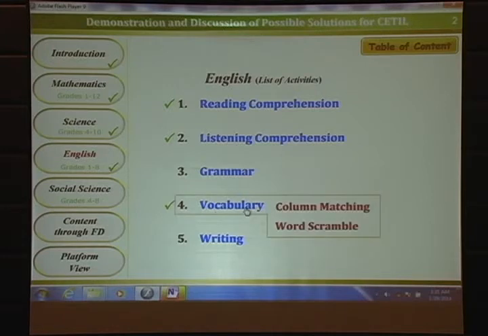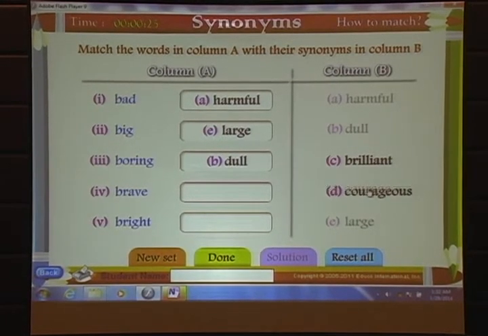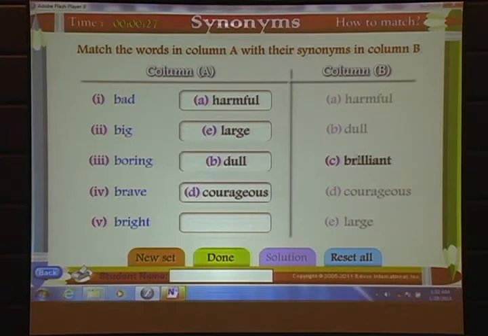Vocabulary building. Again, you have column matching. Match the word in column A with the synonyms in column B. Okay, synonyms, similar meanings. Bad, big, boring, brave, right.